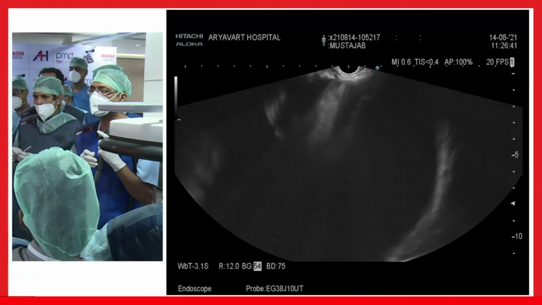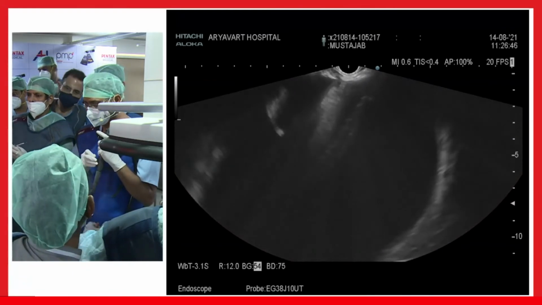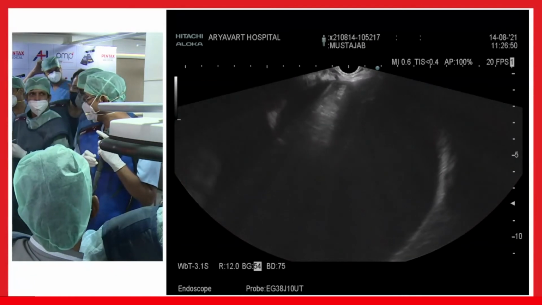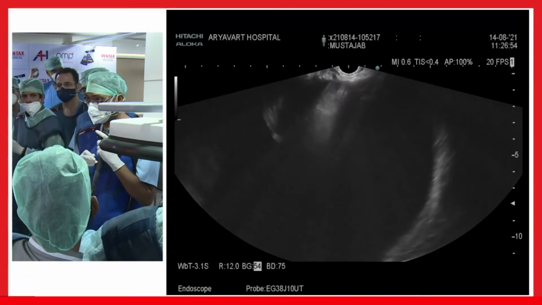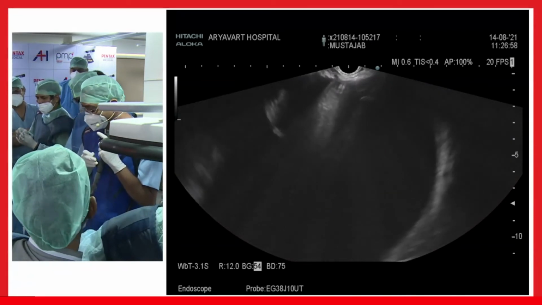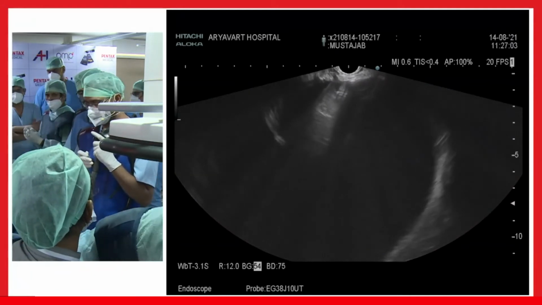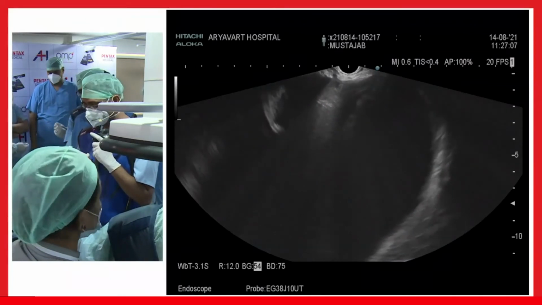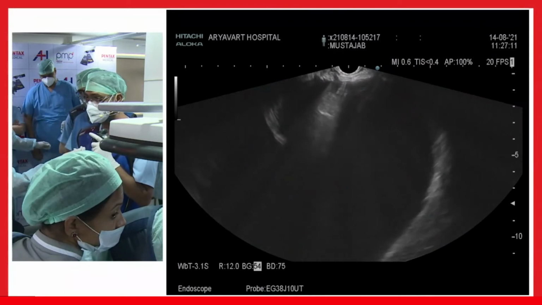Just take out. Now I will take the balloon to dilate it, with 8 to 10. So in plastic stent placement, because with the cystotome the diameter is still very small, you will not be able to go inside the cyst cavity. So dilate the tract. But after dilating, some fluid will come into the stomach cavity.